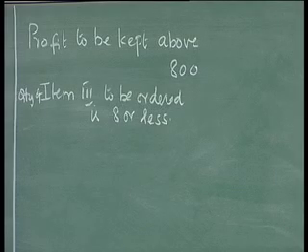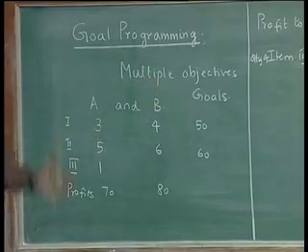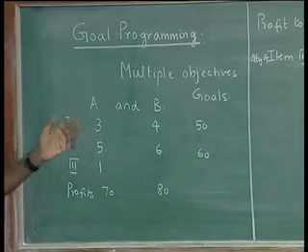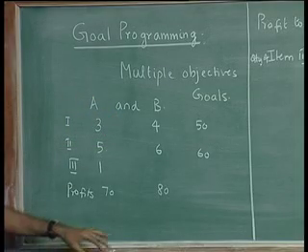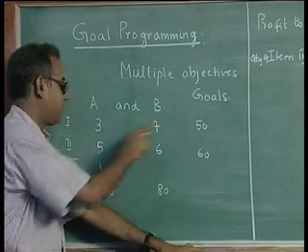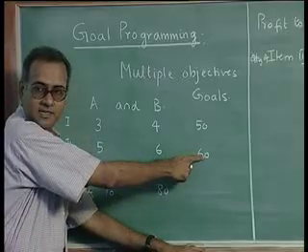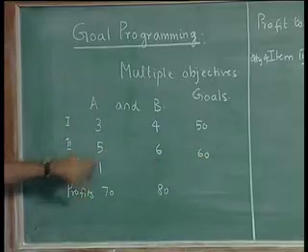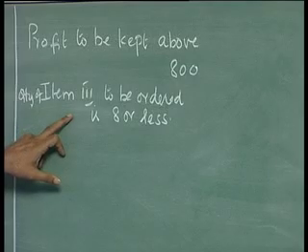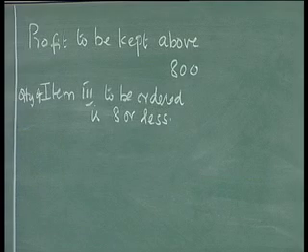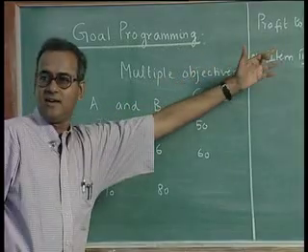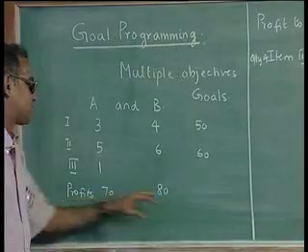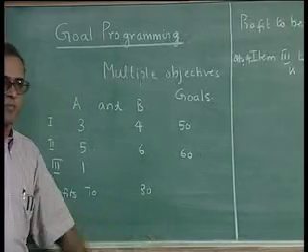Normally, if we were to model this as a linear programming problem, what we will try to do is we would first define the decision variables, say x1 and x2 be the quantities of A and B produced. It is a very standard problem that you can directly formulate. So, you will have something like 3x1 plus 4x2 is less than or equal to 50, 5x1 plus 6x2 is less than or equal to 60, x1 less than or equal to 8 because you do not want to order more than 8, and then you will have an objective function. You will not use this 800, you would simply say maximize 70x1 plus 80x2 and solve the problem, and then